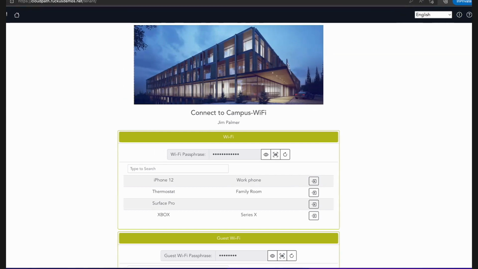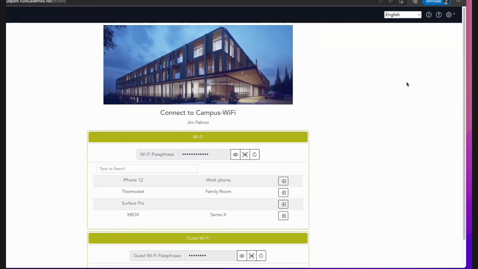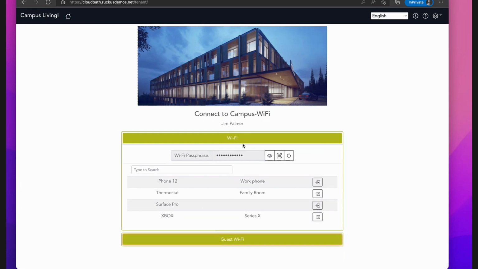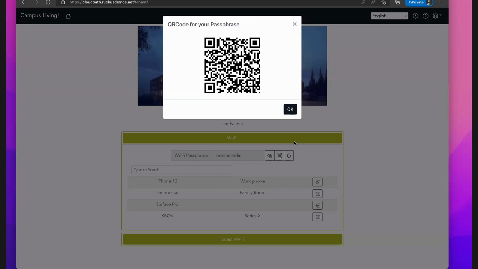And you can see that there's some messaging, there's logos available. It's all customizable within CloudPath, which we'll get to in a moment, but we can give some messaging like connect to the campus Wi-Fi, any type of welcome message will be available here. We can see that Jim's passphrase is visible here, right? Any devices that he's put online, as in he's put the DPSK on the device, will immediately be available here. The QR code, so if Jim just wants to